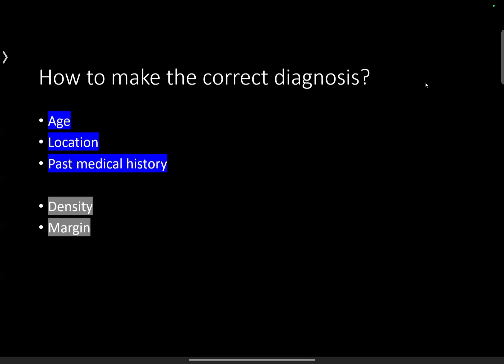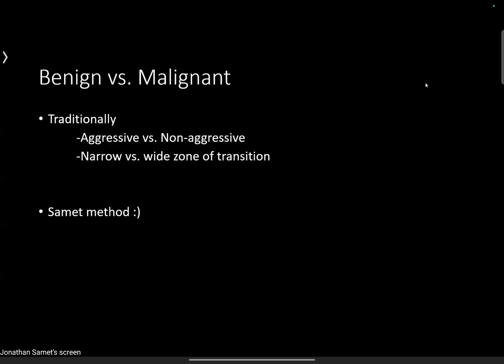What is the margin of the lesion? Is it well-defined or ill-defined? And is there periosteal reaction? If you can do these three things, you'll be able to say to yourself whether the lesion is benign appearing or malignant appearing. So in all the textbooks, we talk about aggressive versus non-aggressive. This is okay. And the reason that we're taught like this, and I was taught like this,